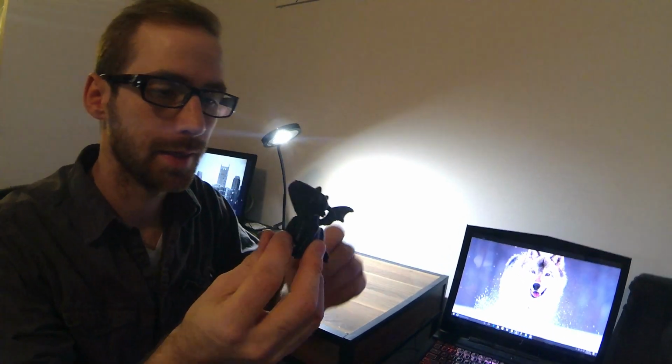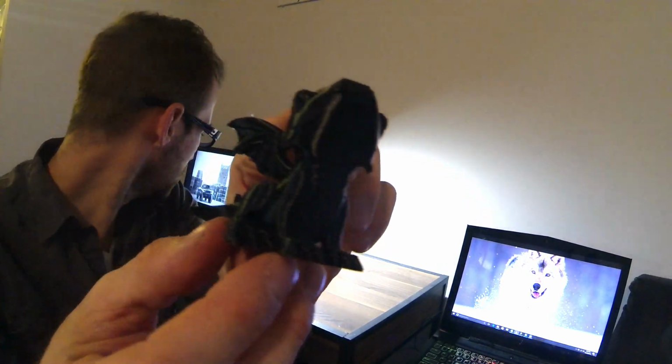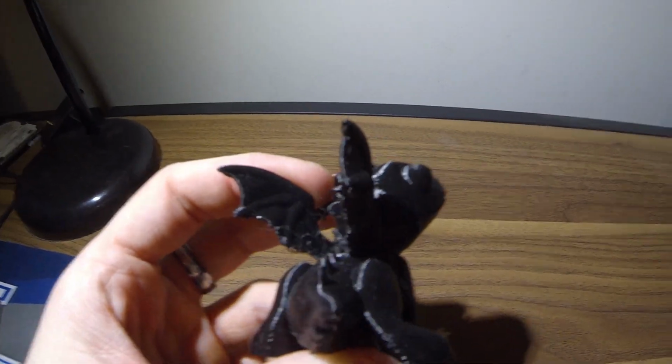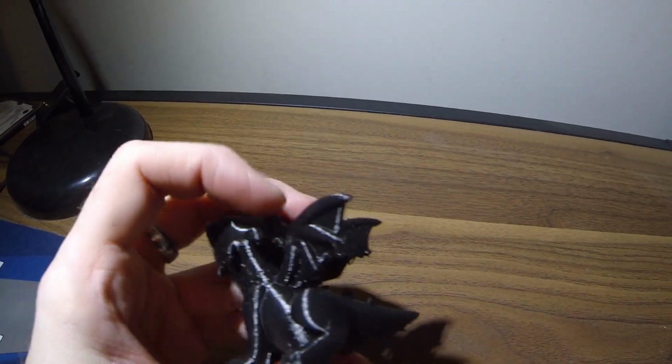Alright, the next thing that I printed on this is this dragon right here, and I wasn't too impressed with this. I also didn't change any settings. I took the exact same G-code that I was using previously on the Wanhao. I was still using the same settings that I had on the Wanhao, and it didn't come out too well. You can see the different layer lines on it. Here on the wings, it didn't come out too well. I was not impressed with this print, but